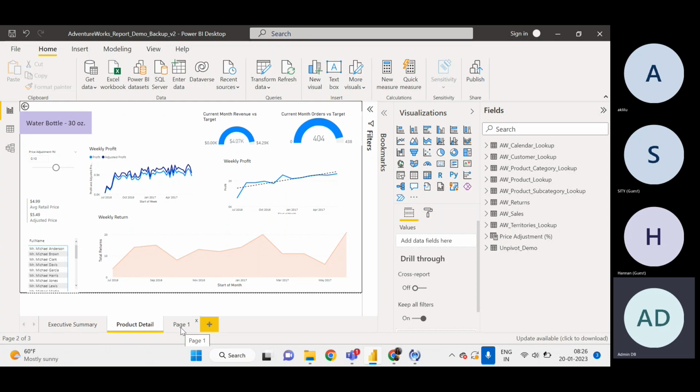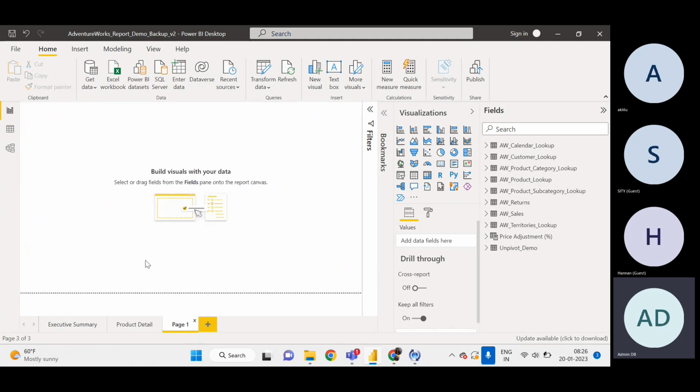Recently, earlier people used to use bookmarks to go from one page to another. Page navigation has the sole purpose of navigating from one page to another, right? But a bookmark will help you create a page and then create insights and recommendations and all those things, right? So the bookmark in Power BI Desktop,